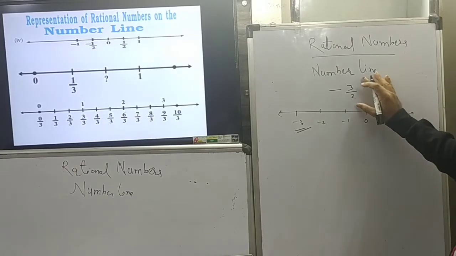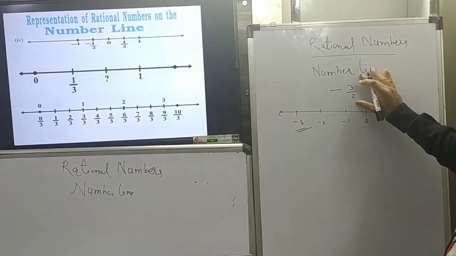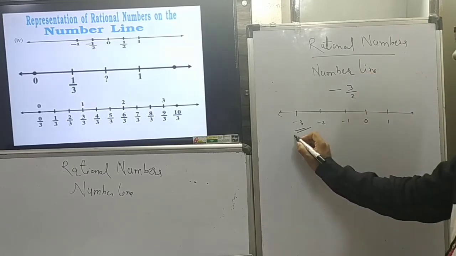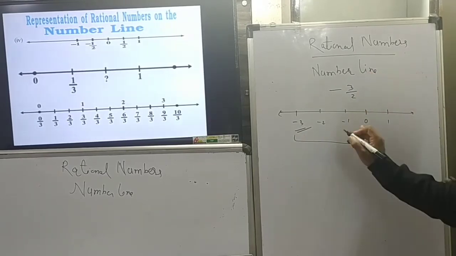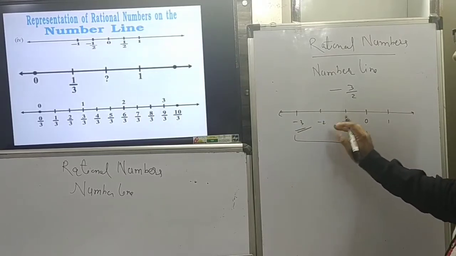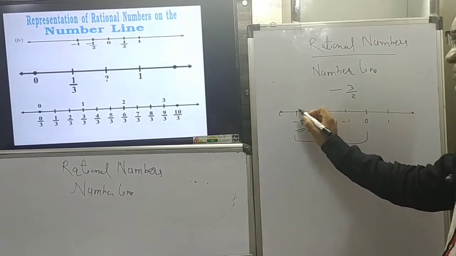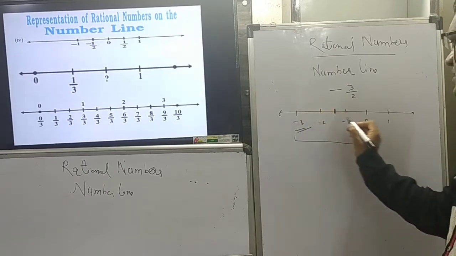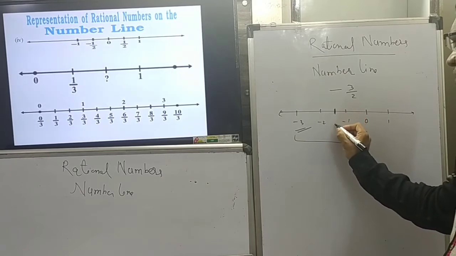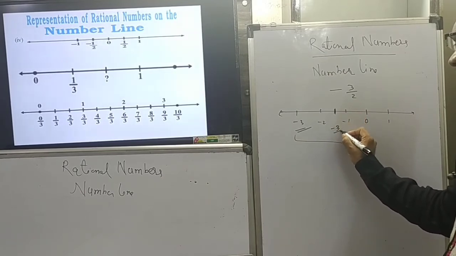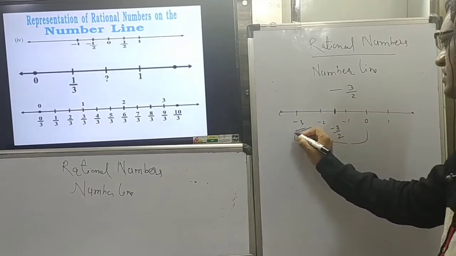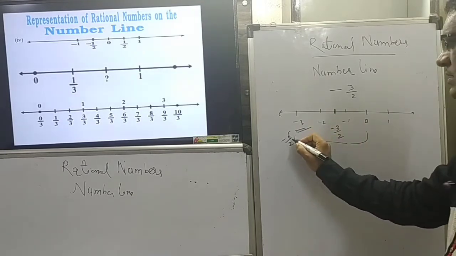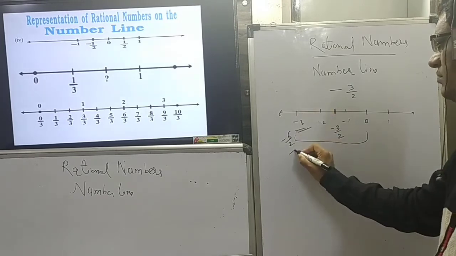Now how to represent minus 3 by 2? To represent minus 3 by 2 means minus 3 divided into 2 equal parts. This is the distance, minus 3 distance from 0 to minus 3. We have to divide this into 2 equal parts. So 2 equal parts means this is the first part and this is the second. From this to this is the first part, that is minus 3 by 2. And this is the second part, that is the second multiple of minus 3, that is minus 6 by 2, that is equal to